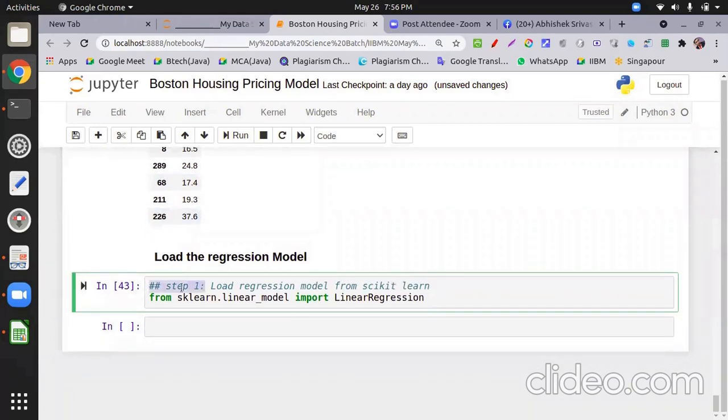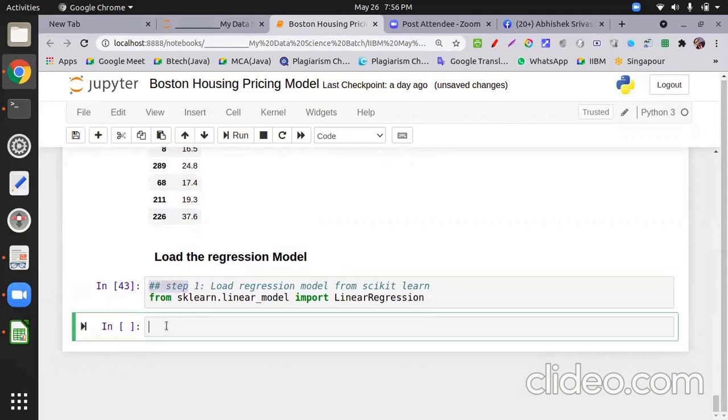Step 2. Create a variable of linear regression type.